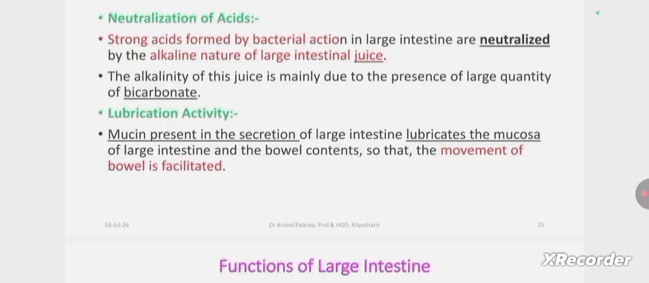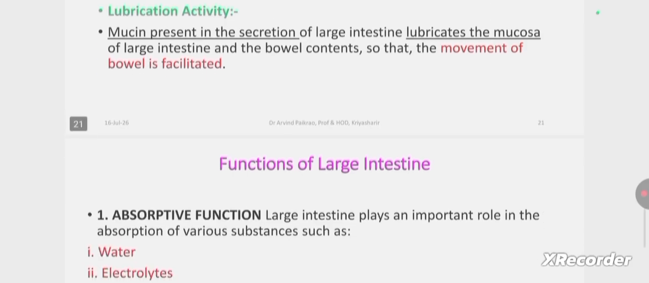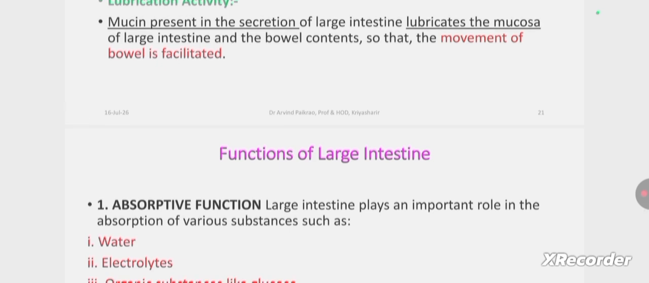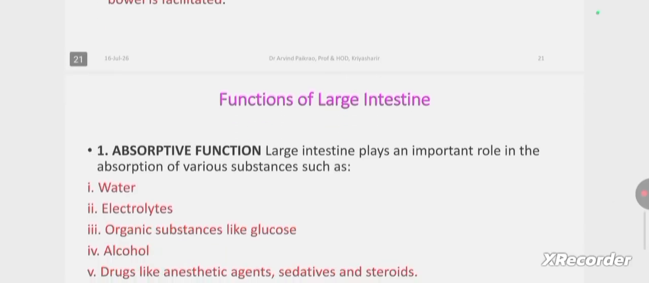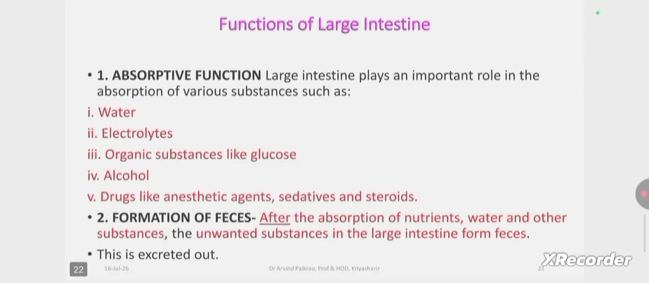Mucin is secreted by the goblet cells, and because of that it lubricates the intestinal content, and that facilitates the movement of the intestine, and the content is transported in a downward direction. As we all know, from the Ayurvedic point of view, this function is vata anulomana. Then we'll see the